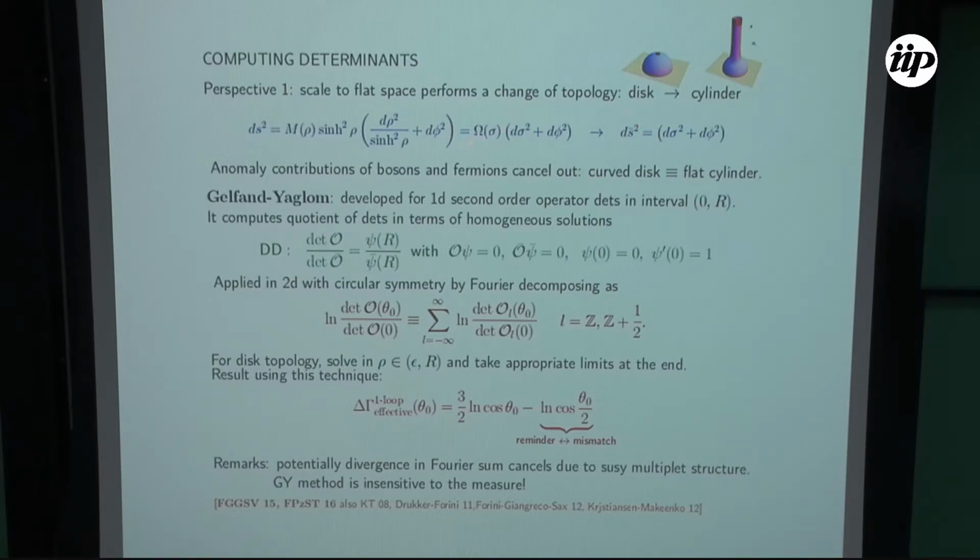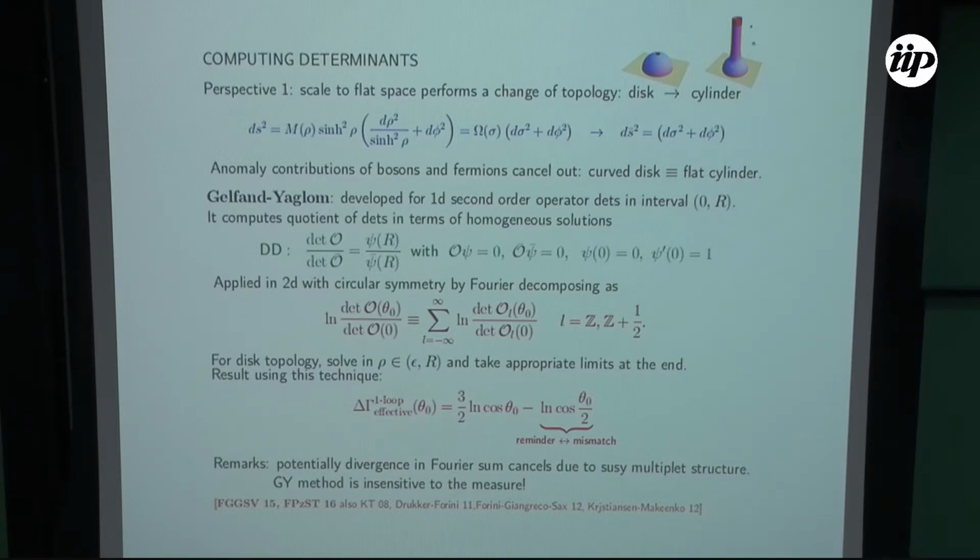Okay, so I will forget about this and compute on 0 and R. The expectation would be that when I compute these determinants, I have many determinants, for bosons and for fermions. The expectation would be that this 0 is the boundary, so I will put an epsilon, and this R is the center of the disk, which in principle is not physical at all. So I would expect that irrespective of the boundary conditions I put in R, everything depending on R will cancel,